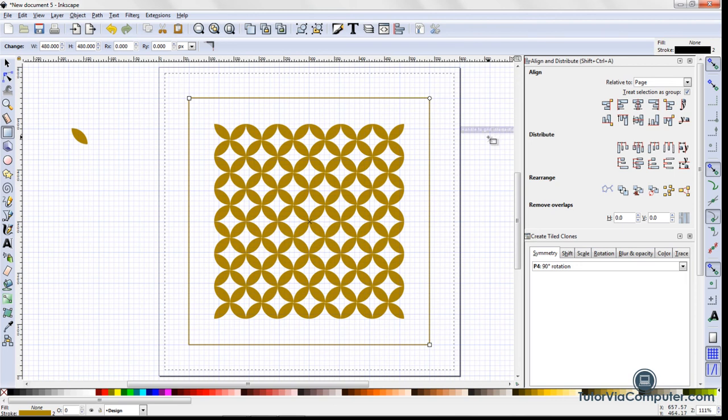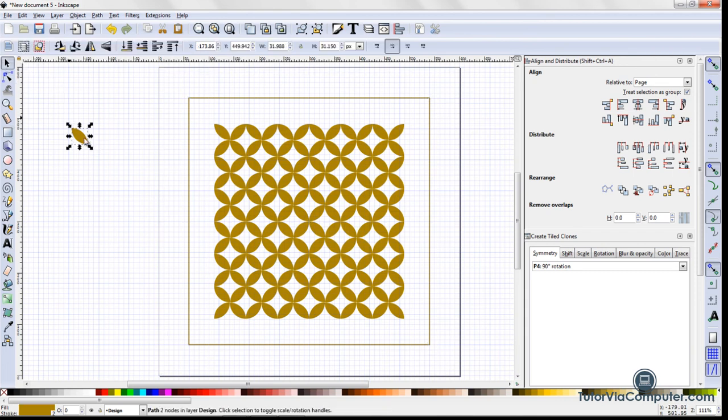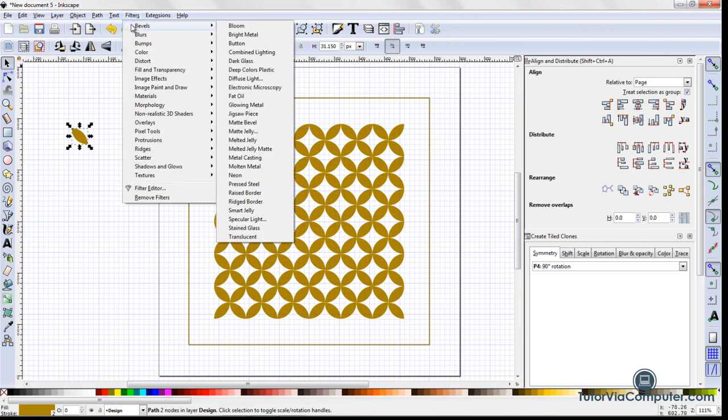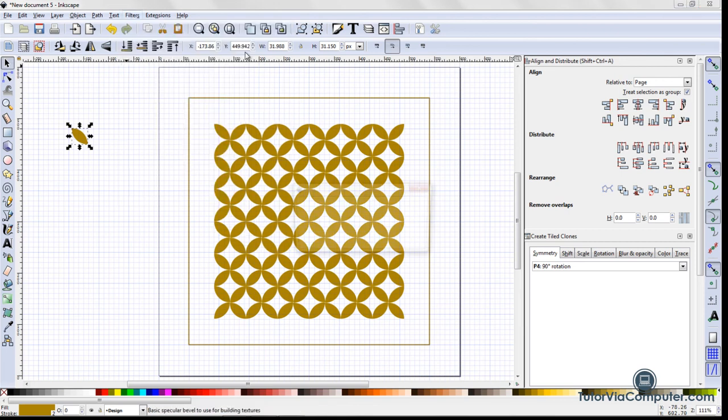I don't know how clearly you can see that, but I can definitely tell that it has been applied. Then I'm going to come over here. I'm going to select my original, and I'm going to apply that same filter to this. I'll click Filter, Bevels, Combined Lighting, and so that applied the filter to these,